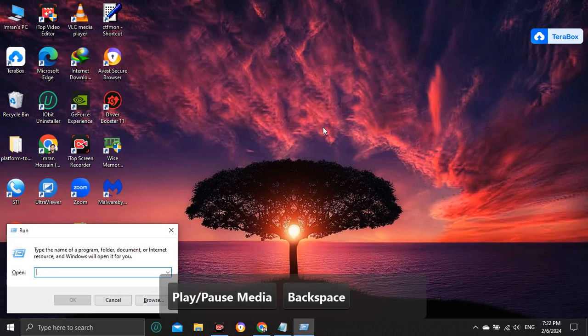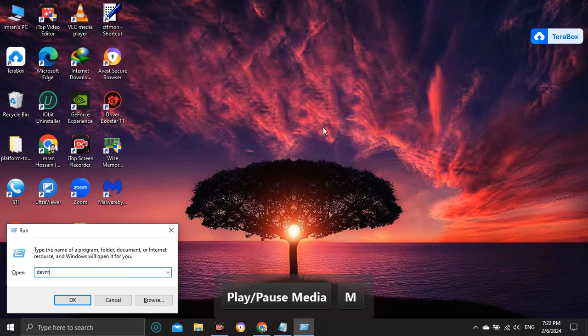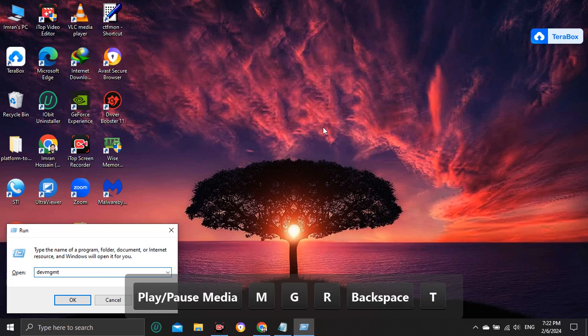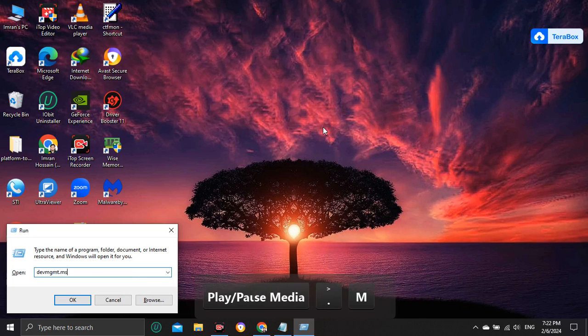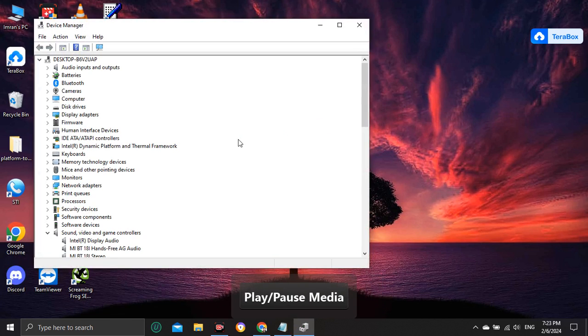and write here DWM.exe. Now click enter. You'll find a pop-up like this. Now all you have to do is go here,